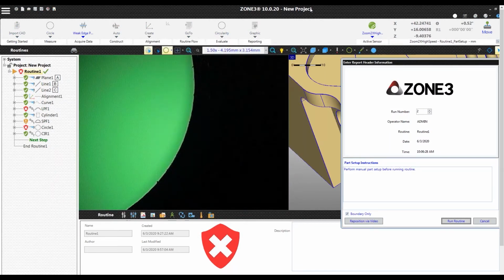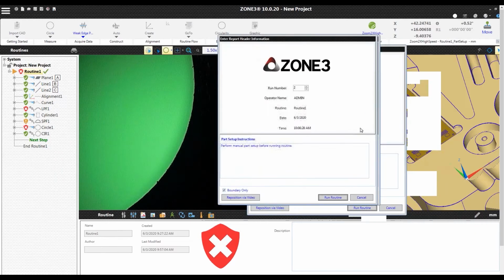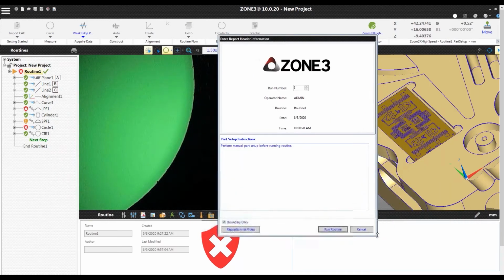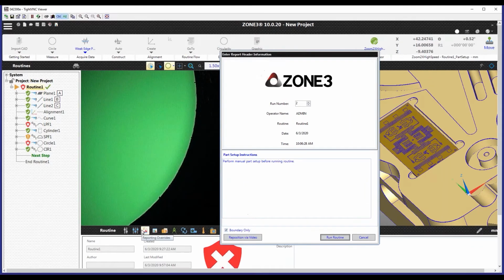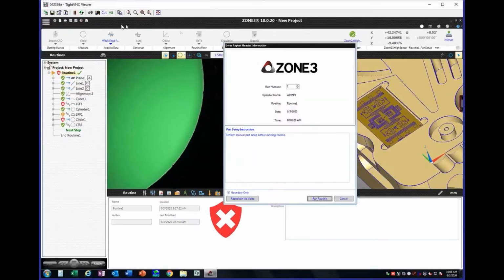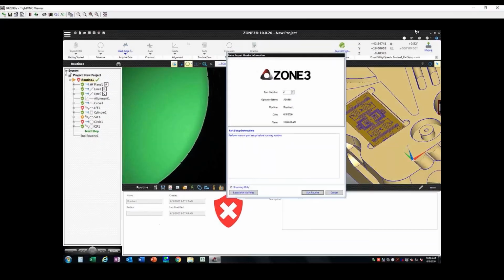Now this is totally and completely configurable. You'll notice a couple things in here. This part will be incorporated into my report. This part right down here is reserved for part setup instructions. So depending upon how I want to align to my part, if I'm using the part setup alignment method that I covered in the alignment webinar,